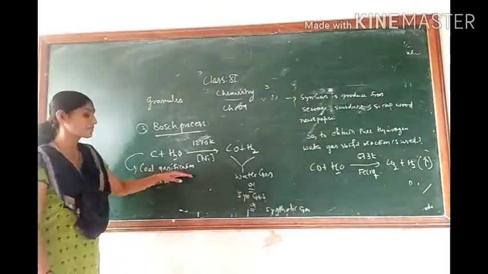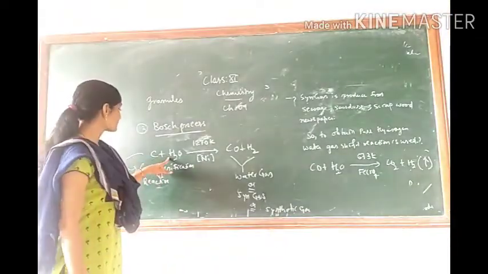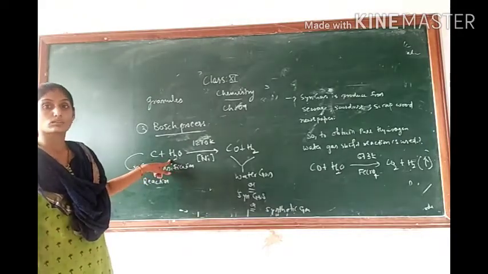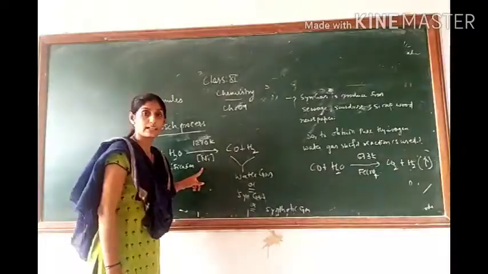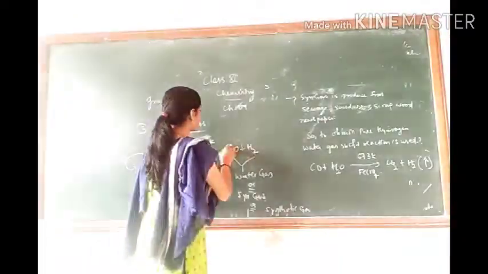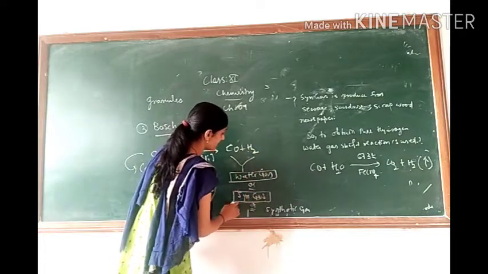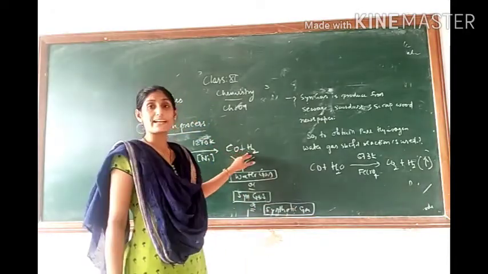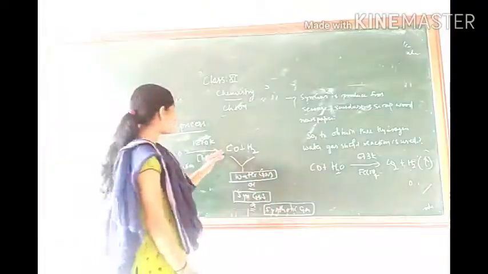Here the third process is the Voss process, also called the gasification reaction, because it is obtained from coke and coal. So carbon reacts with water or steam, that is, carbon is passed through steam at a temperature of 1270 Kelvin in the presence of a nickel catalyst. There is a formation of carbon monoxide along with H2, which is labeled as water gas, syngas or synthetic gas. Now the hydrogen we get along with the water gas is not pure, that means it contains carbon monoxide.